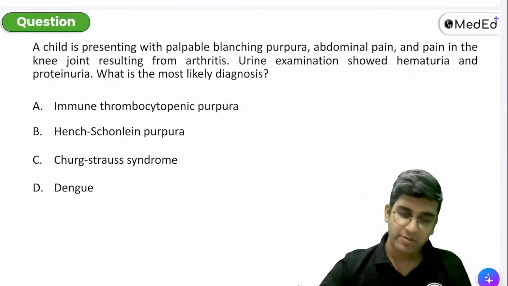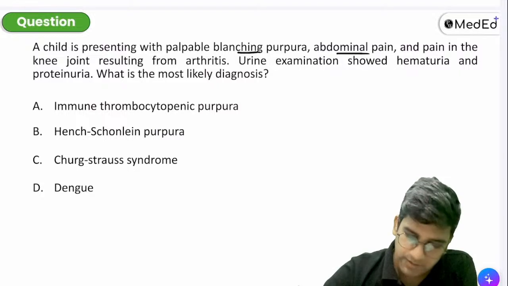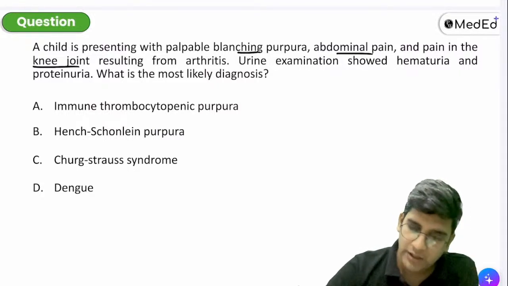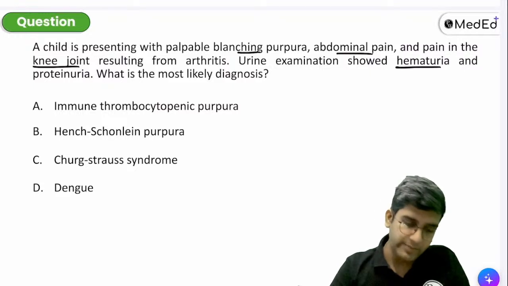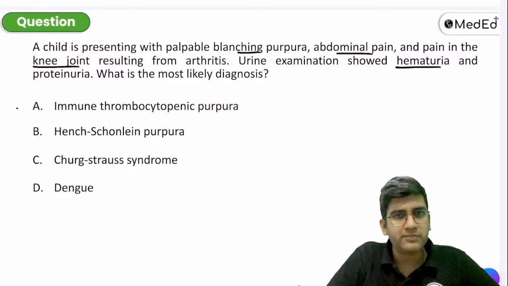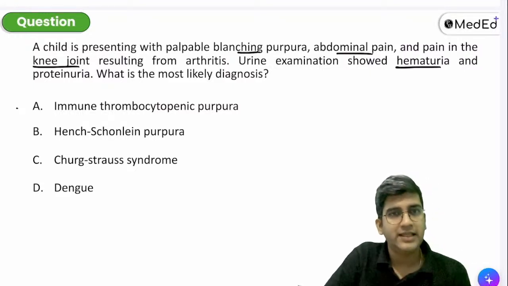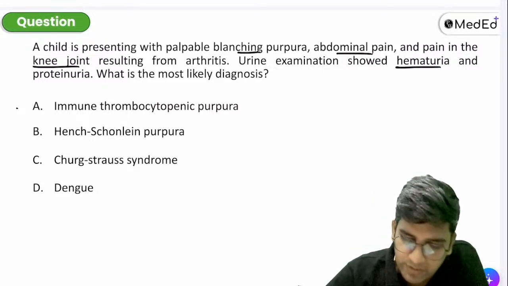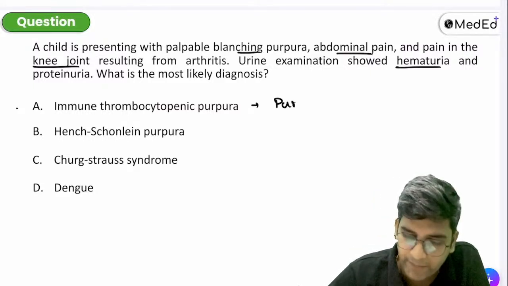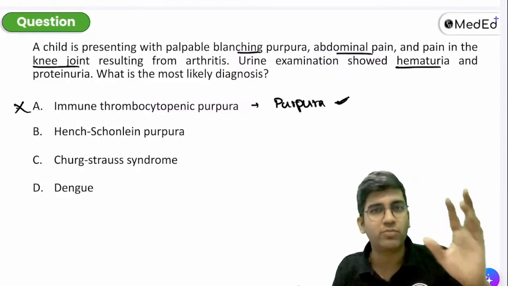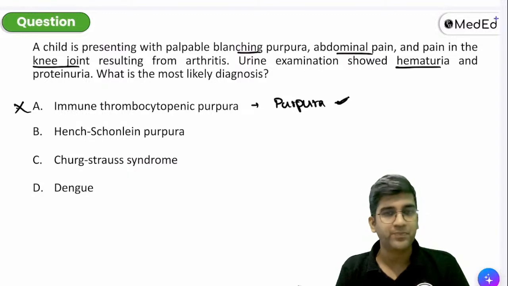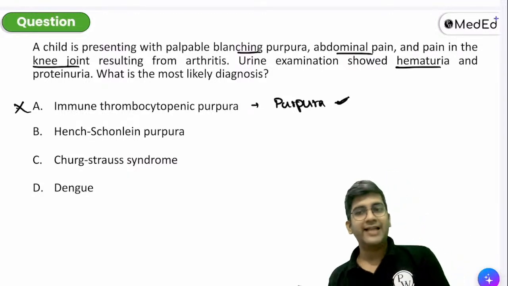Okay, so we have a purpura, we have abdomen pain, we have joint pain, we have kidney problem, hematuria, glomerulonephritis, right? Now let's take ITP. Can ITP have purpura? Yes. Can ITP have hematuria and arthritis? No, right? ITP, the only thing which fits here is purpura. Rest everything is not a fit, so it's not an answer. ITP is only thrombocytes or platelets being destroyed, right? Okay, perfect. HSP is the right answer.